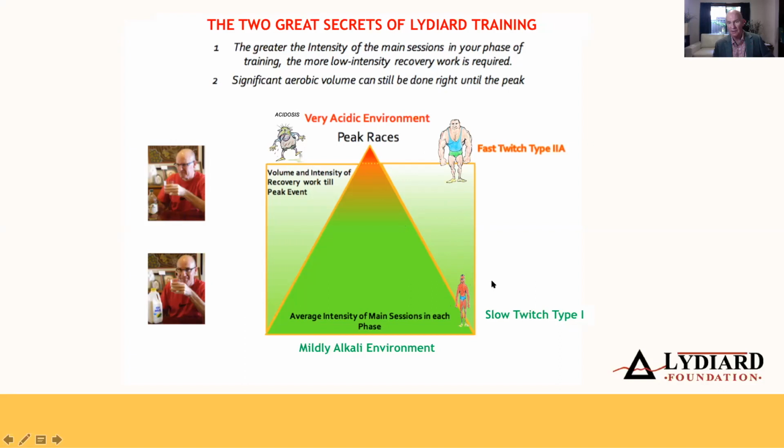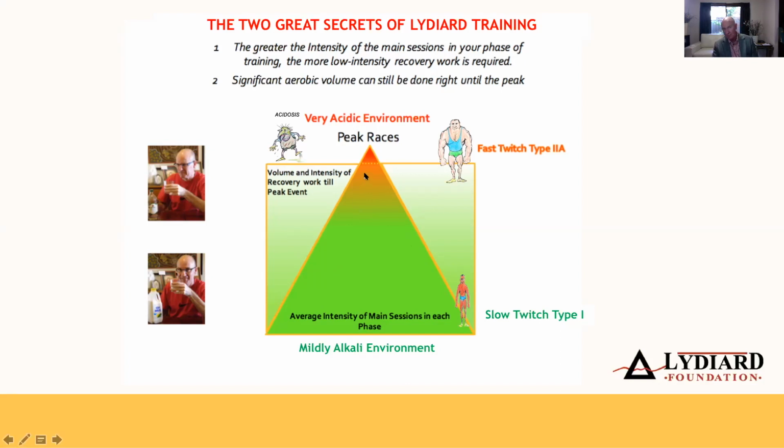The safest by far to train with, in terms of injury prevention, prevention of illness, and keeping immune function high, is training the slow twitch type 1 muscle fiber. This is aerobic training, reasonably low heart rate, predominantly comfortable. The main training sessions each week as we go through the cycles are aerobic, below a heart rate of about 70% of your maximal heart rate reserve for the most part,